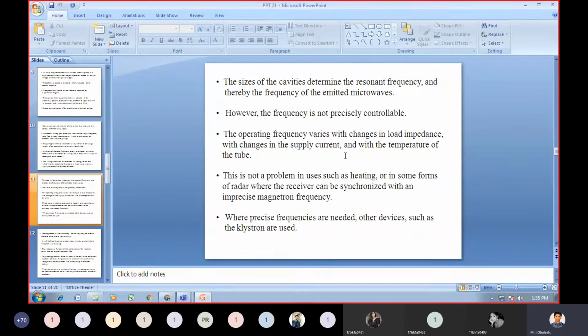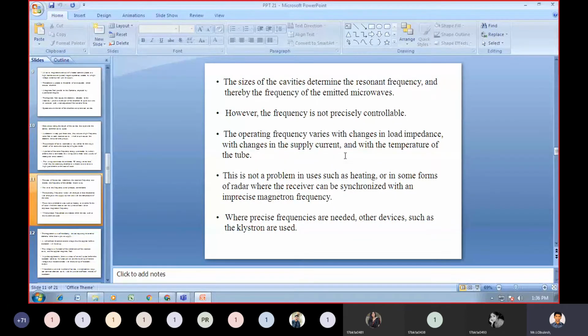However, the frequency is not precisely controllable. The operating frequency varies with changes in load impedance,